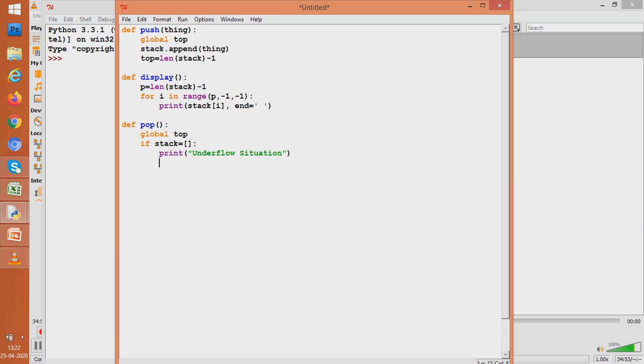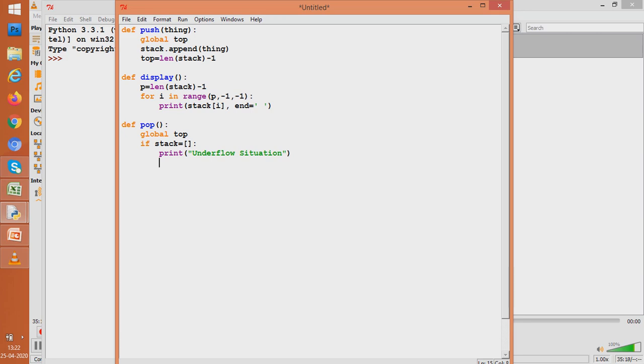But suppose the stack has many things in it. So we'll have to see what to do. Now suppose, as we saw, when the last element was being deleted, you all know that it was at subscript number 0. So when the element from subscript number 0 was deleted, top had to again become None.